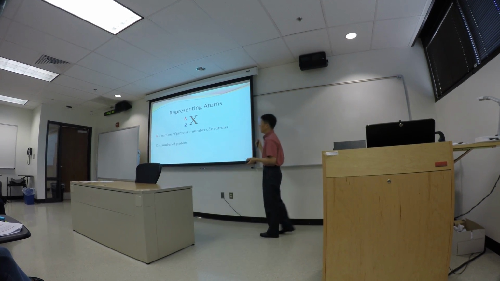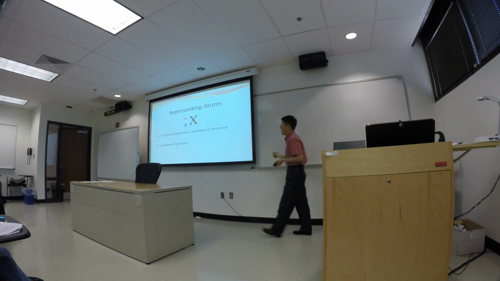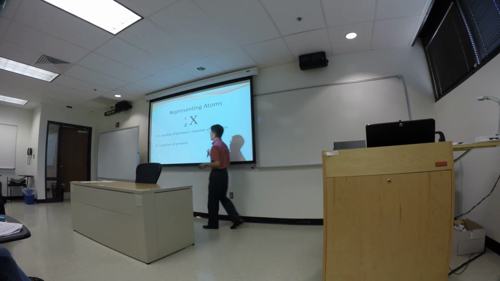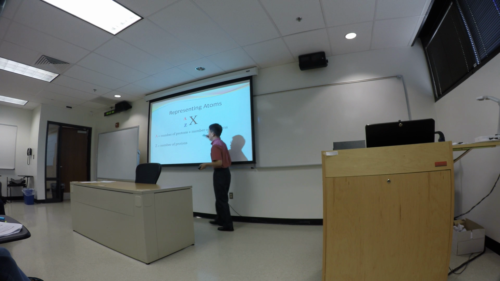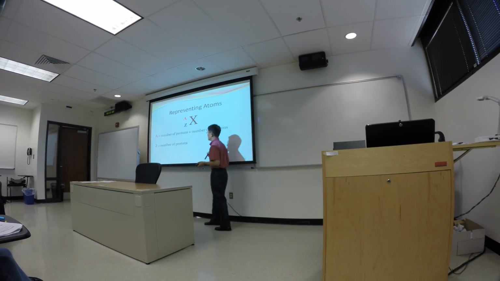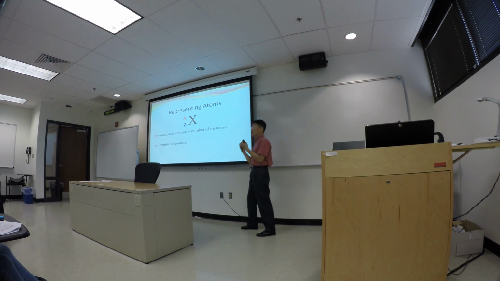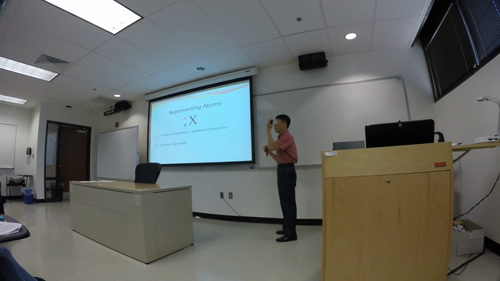Z is what we call the atomic number, or the number of protons. The relationship between A and Z is that the difference between A and Z gives you the number of neutrons. How about the number of electrons? Well, we say an atom is charge neutral, meaning you have an equal number